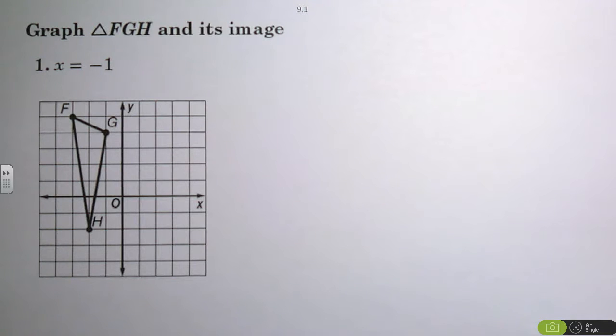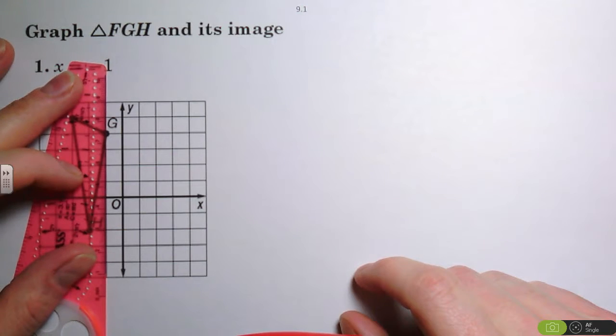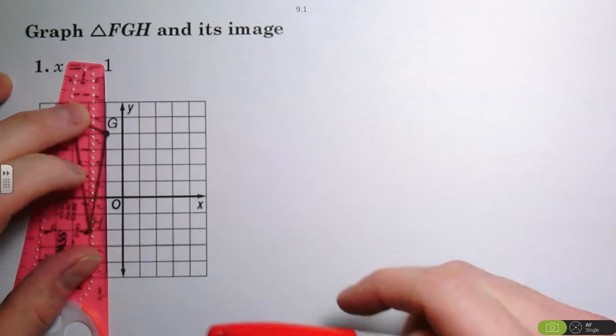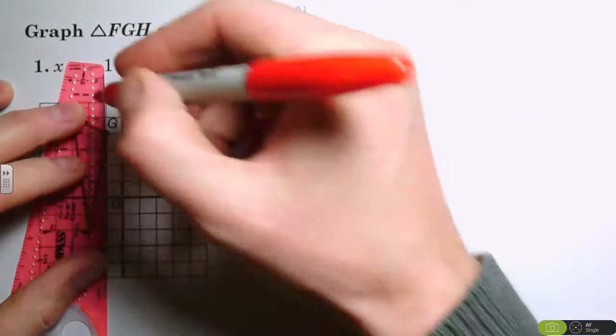Okay, so here are some supplemental problems for section 9.1, just to go over what we talked about in class. So the first one, we're going to reflect this triangle over the line x equals -1. First thing you have to know is, what does the line x equals -1 look like? Well, it's a vertical line that goes through -1,